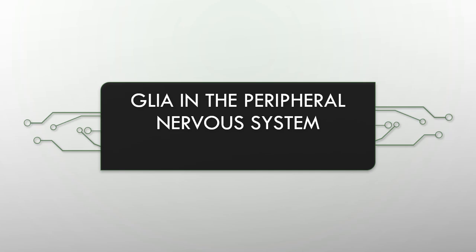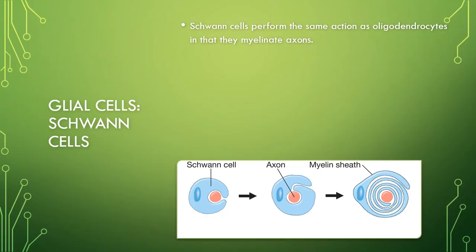In the peripheral nervous system, we have Schwann cells, and they're very easy to remember because they do the same job as the oligodendrocytes. And so I like to tell people that you can think of the two that have the most ridiculous names, and they do the same thing. But then you're probably all going to say to me, they all have ridiculous names. What's an ependymal cell? In any case,